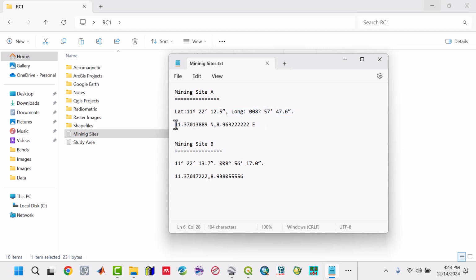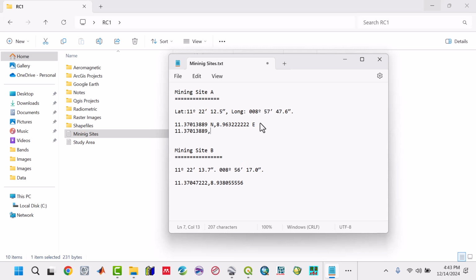All you need to do is to copy these numbers, bring it down here, comma, you copy that of the longitude, you paste it here, then Ctrl S, you save. You copy the latitude first, then followed by the longitude, the latitude, then the longitude. You copy it, then you go to your